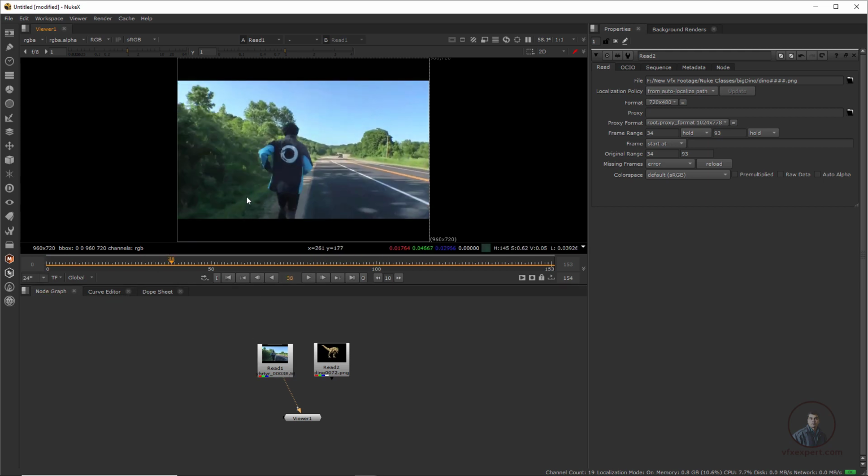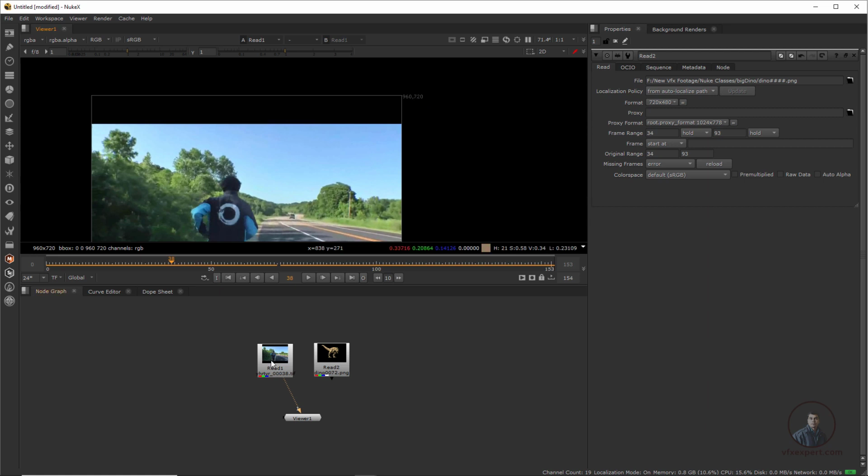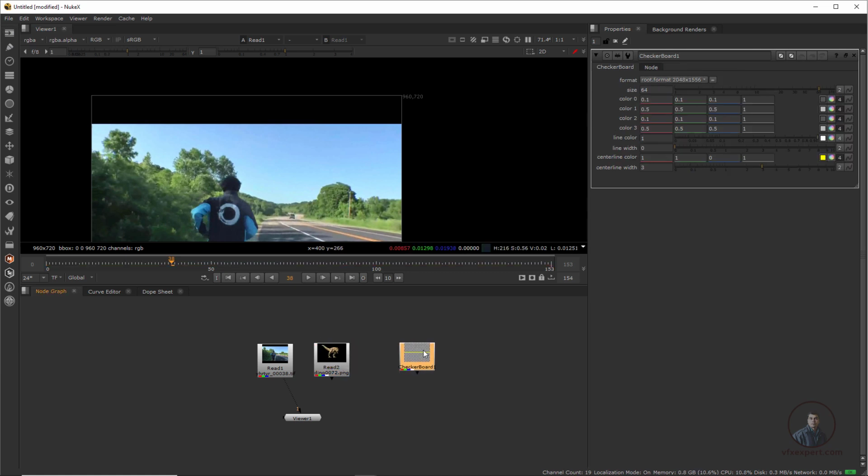And suppose you want to check your footage information, maybe the frame size and all these things, then on top this will be displayed, even just double click here. On the right side in the format options, from here you can check your footage frame size, which is 960 by 720. You can also create another node here, maybe a checker node, and if you double click here, this will display. This is actually a 2K frame size here.